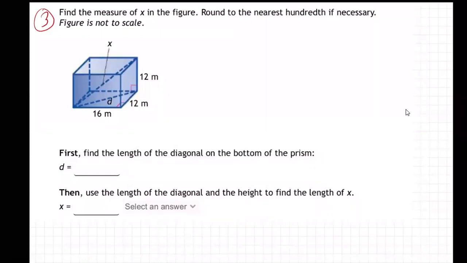Okay, so for this one, they're wanting us to find the measure of x in the figure. So what is x? X is that longest distance in this box. So imagine if you have this box, suppose you have a trunk like this or a chest in your